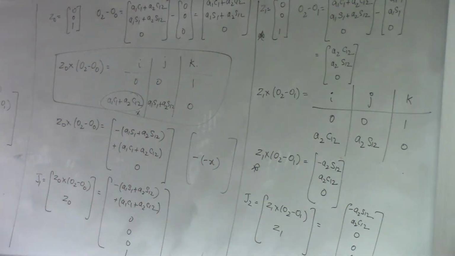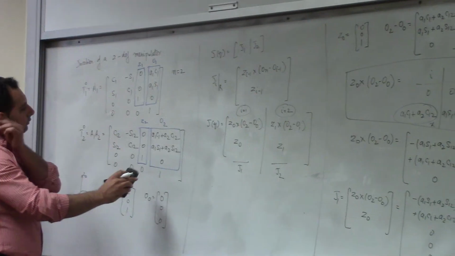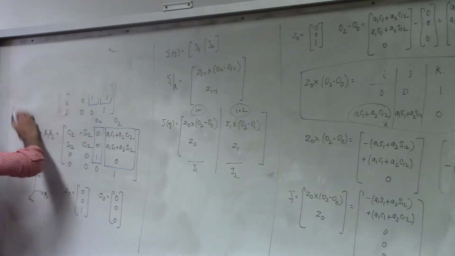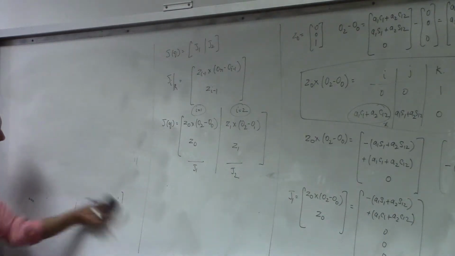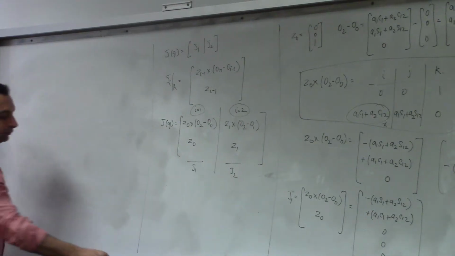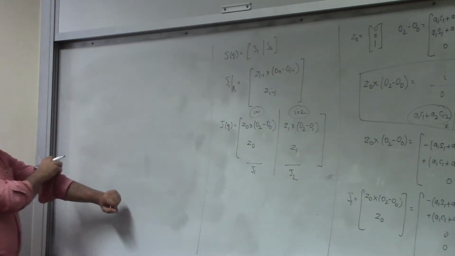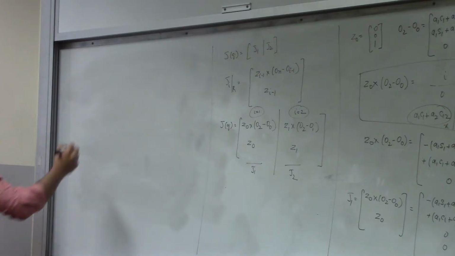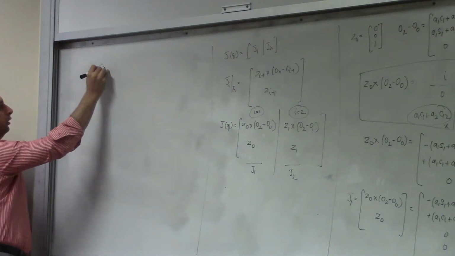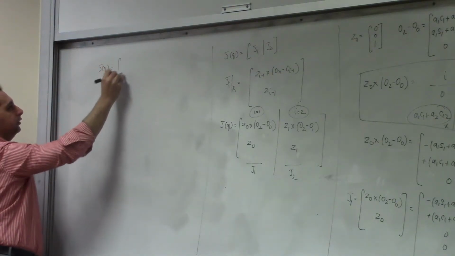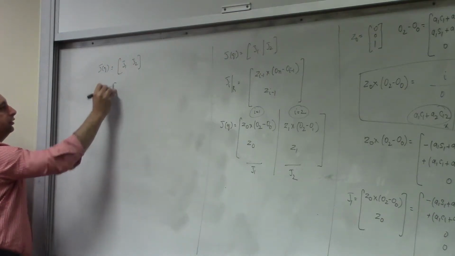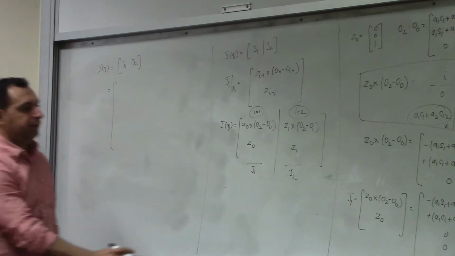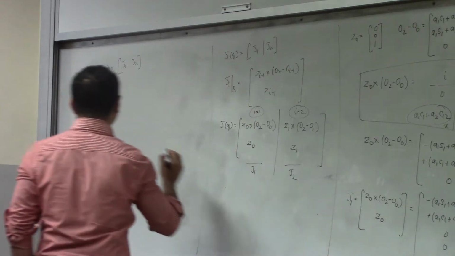So we can write this matrix here, J of Q will be equal to J1, J2, both are revolute, so this will be equal to the first matrix, first column,